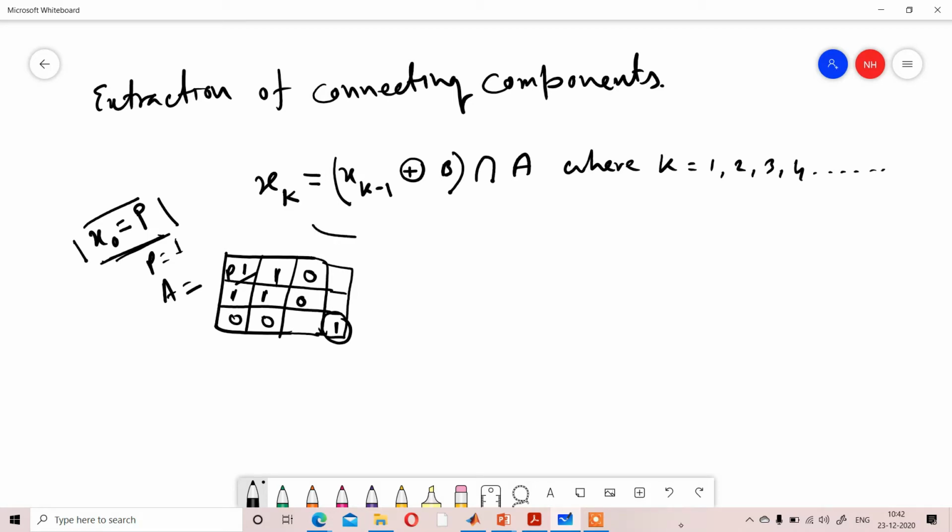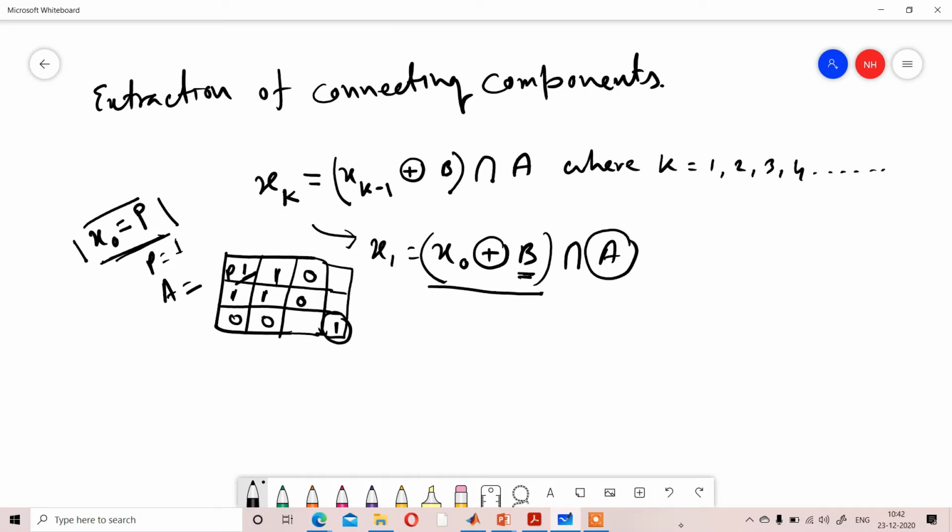From that X0, if you use that formula, X1 will be X0 dilation B intersection A. So if this is your X0, you have to do the dilation by B. B is your structuring element. So you will do the dilation over that p by that structuring element B, and over the total result you will do the intersection with the original image. That is your original image. So you will get your X1.